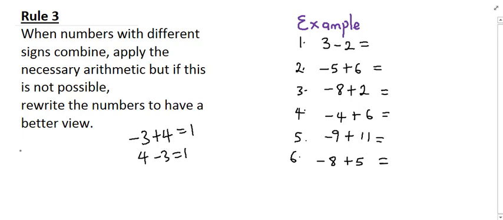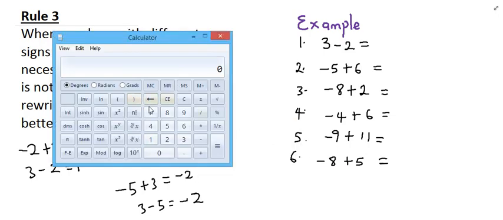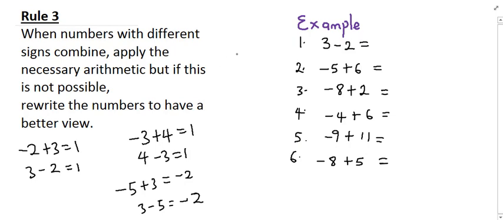Okay, so let's have minus 2 plus 3, which is the same as 3 minus 2. And that is what? 1. We can have challenging ones such as minus 5 plus 3. So write it as what? 3 minus 5. Now, you know 3 can never minus 5, right? So that's not possible. That's a negative. So we know it's a minus. And then 5 minus 3 is what? 2. So minus 2. Okay, let's check that one and confirm. So minus 5 plus 3, negative 2. Hope that's making sense. Okay, let's do 2 more examples and then we'll go to the exam,